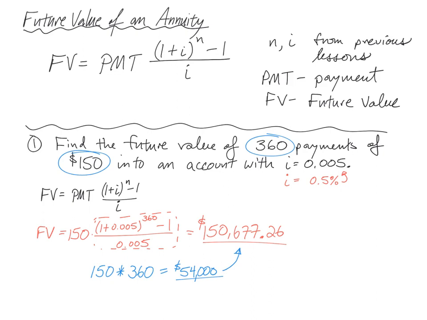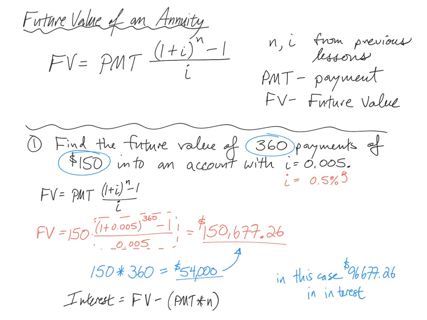Well, the amount of interest is a very simple calculation at this point. We can take the future value and subtract the total amount of payments you paid into the account. So again, that's future value minus the payments. So here's the formula for how you can compute interest. It is the future value minus the payments times the number of compoundings. And in this particular case, when you subtract these two numbers, you'll get